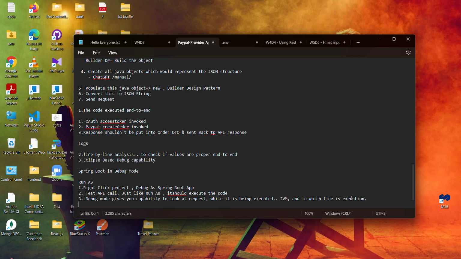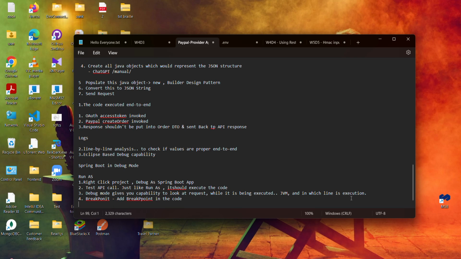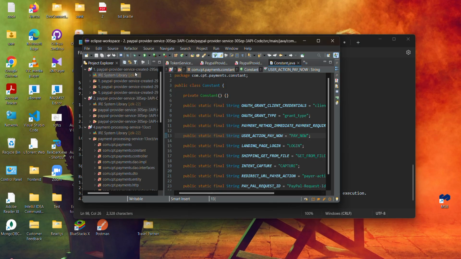Also, there is another point: a breakpoint should be there. We have to add a breakpoint in the code. We can step over or step into for that. There are provisions to show, like, skip all breakpoints. Then if we just